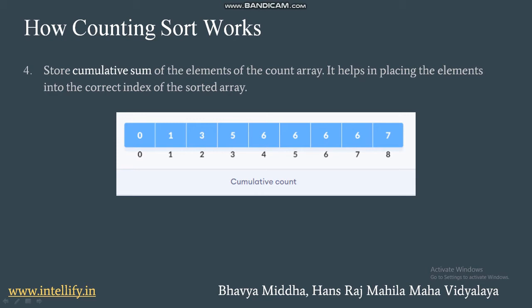Therefore, the cumulative count has jumped from 5 to 6. 5, 6, 7 have not occurred at all. Therefore, the cumulative count has remained constant here. 6 minus 6 is 0. Therefore, 5, 6, and 7 occur 0 times. And then 8 occurs once. So 6 plus 1 is 7.